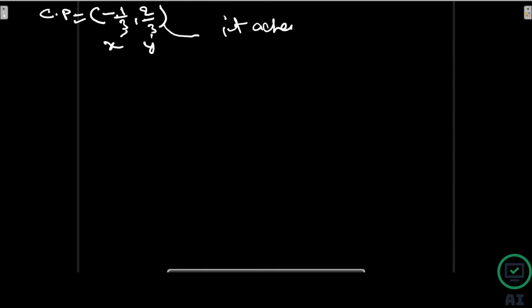So now we got the critical point, which is nothing but minus 1 by 3 and 2 by 3. This is x and this is y, and this is the candidate for local maxima, local minima, global minima or saddle point. So to test that, we have to go for another test, which is nothing but a double derivative. If the double derivative happens to be a positive definite matrix, we can say that at this point it achieves local minima.